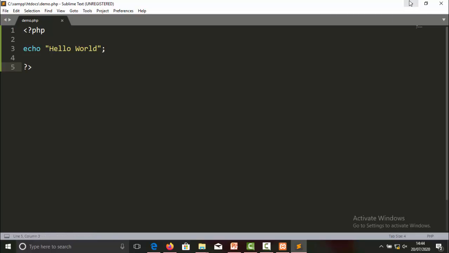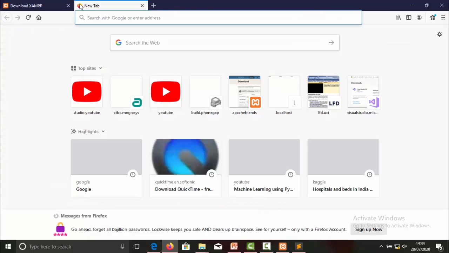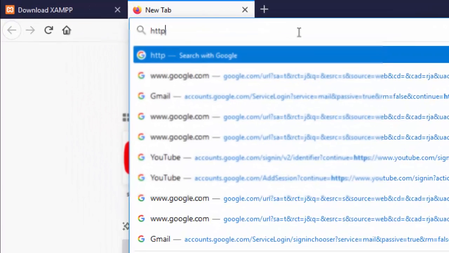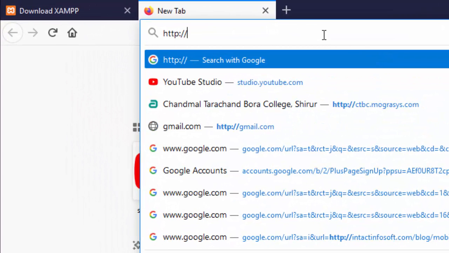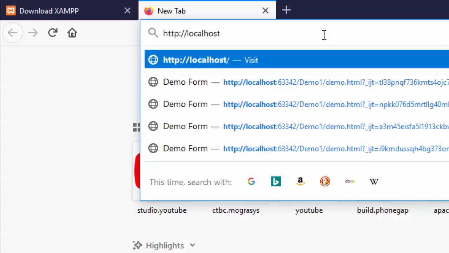Alright, now we are done with the PHP code. So let's see how to run this code. That means we have to see the output also, right? In order to run this PHP file, we need to take the help of a browser. So open the browser first, and within the URL, you have to type http://localhost/your file name.